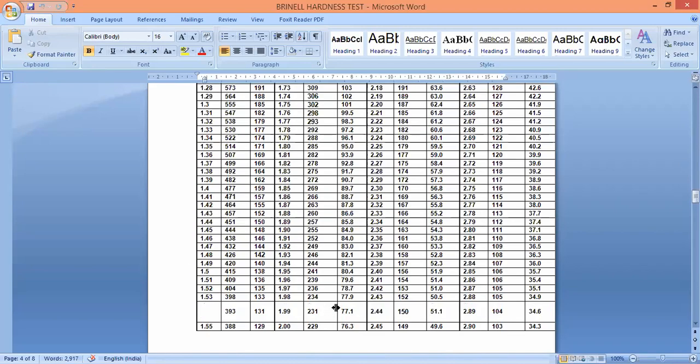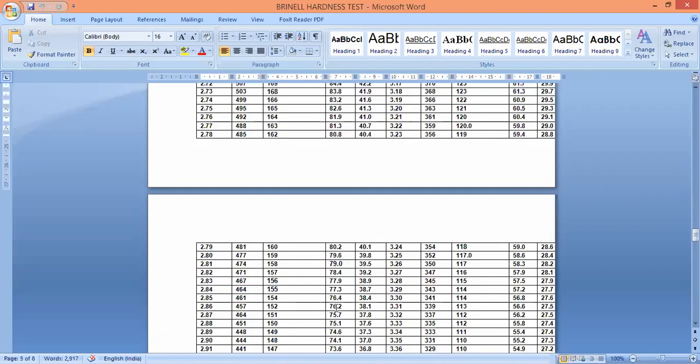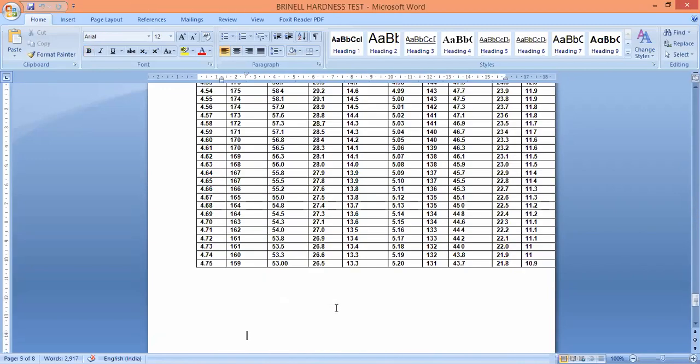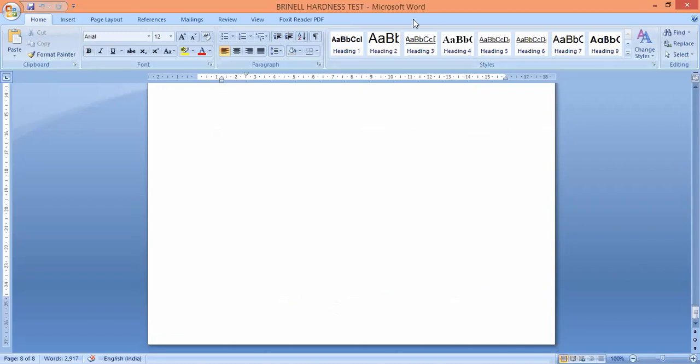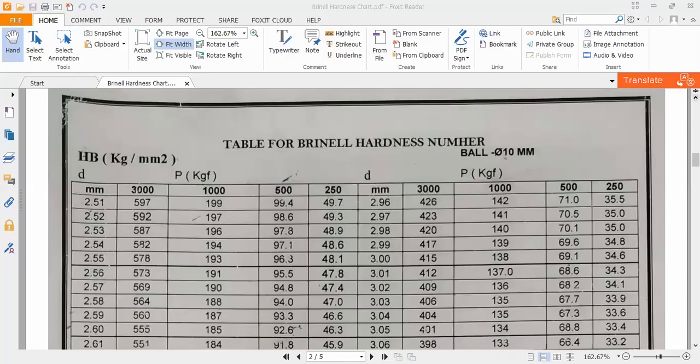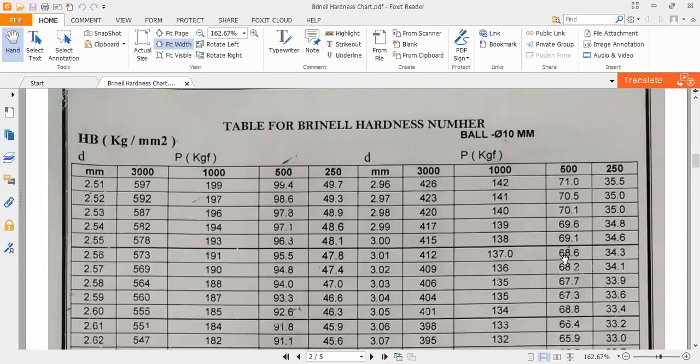This is the Brinell hardness chart. I am showing you in a different scale, but it is like this. This is the Brinell hardness chart itself. It is the impression here. What is given here, you see, is the table for Brinell hardness number. These are the numbers only, but the unit is kg, actually kg per millimeter square. In Brinell hardness, it is kg per millimeter square, but only the number is given as per our norms.